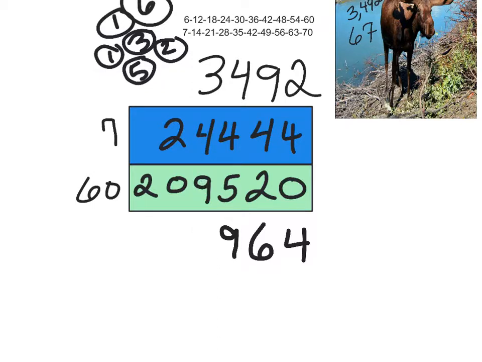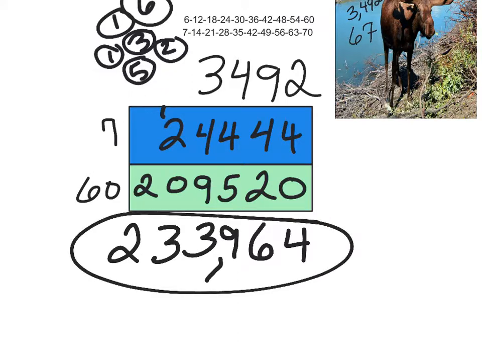That's going to give you 13. So I'm going to drop the 3, carry the 1 right here, and then 1 plus 2 is 3. And then 2 and nothing is going to give you 2. Fantastic. Hey, that's a large number, my friend. We have 233,964. So, what I'd like you to do right now is go ahead and pause the video and copy the